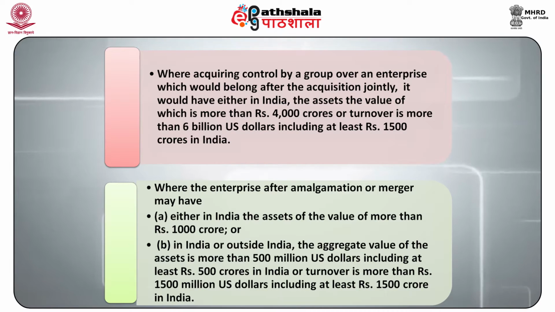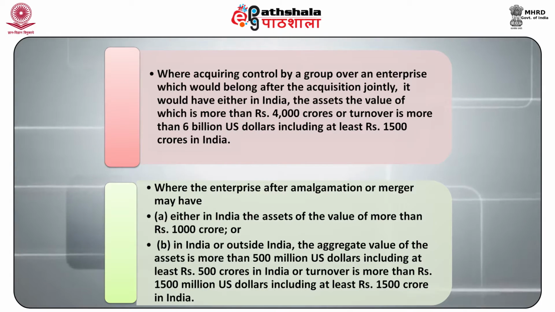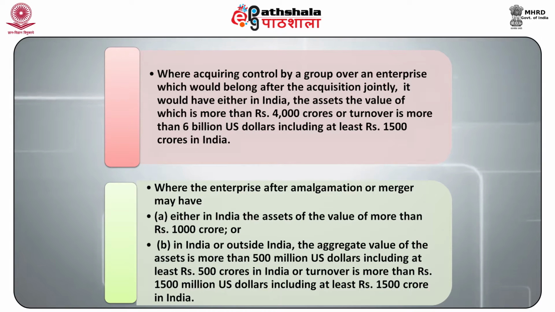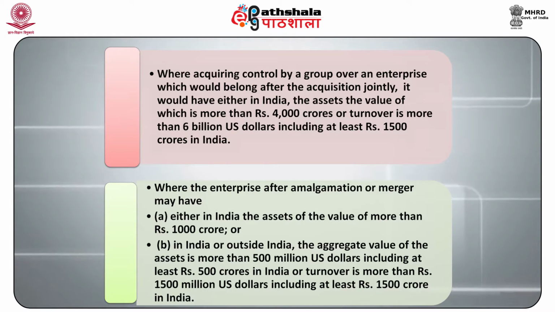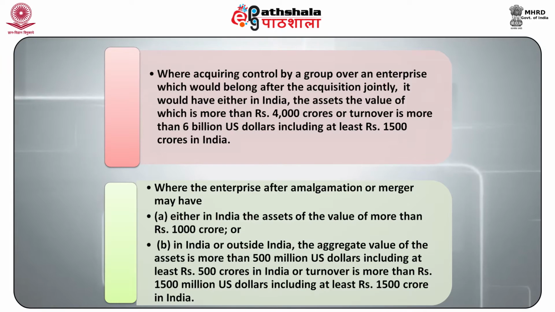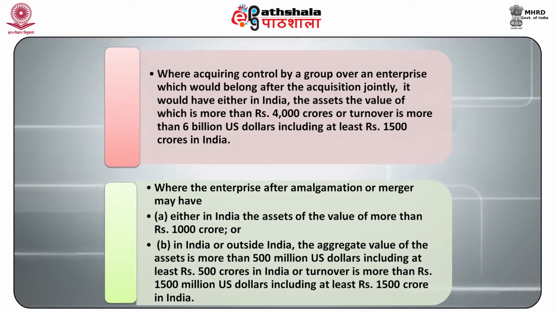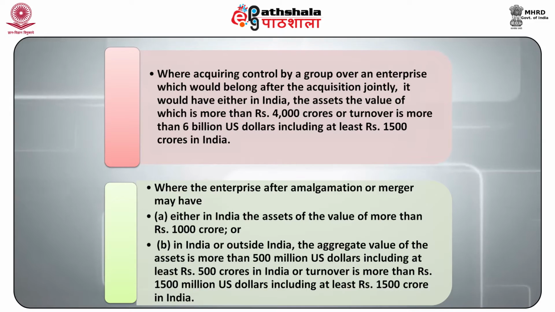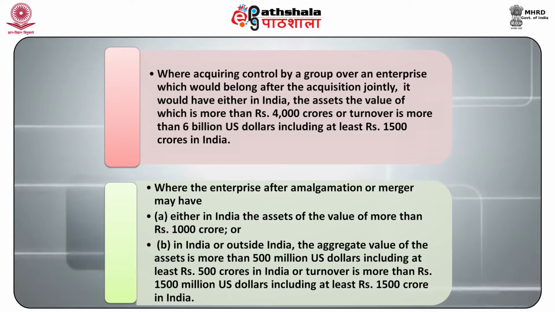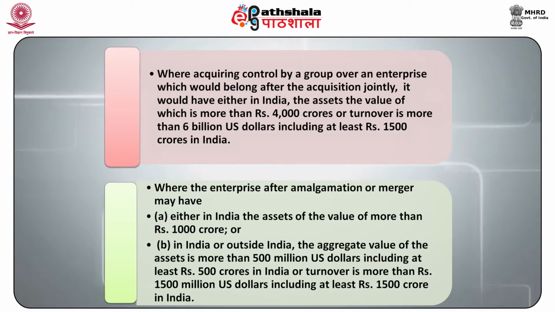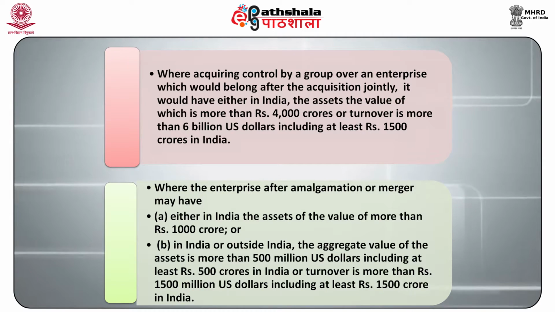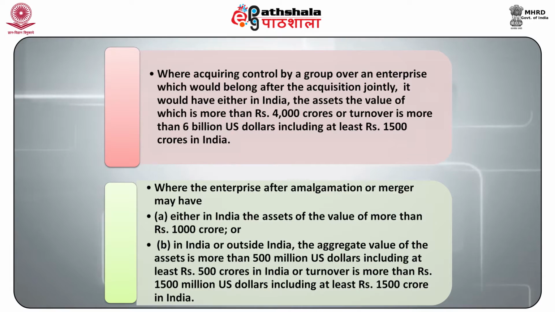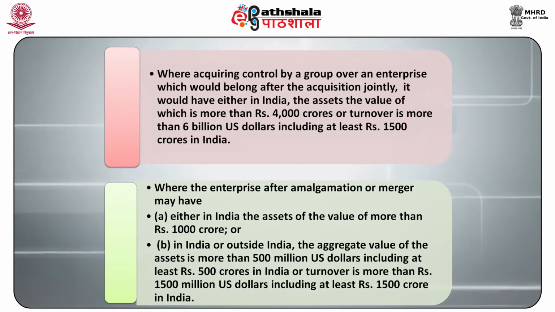Fifth, where the enterprise after amalgamation or merger may have A. Either in India the assets of the value of more than rupees 1000 crore, or B. In India or outside India the aggregate value of the assets is more than 500 million US dollars, including at least rupees 500 crores in India, or turnover is more than rupees 1500 million US dollars, including at least rupees 1500 crore in India. Fourth, where the group after merger or amalgamation will belong to the enterprise and it will